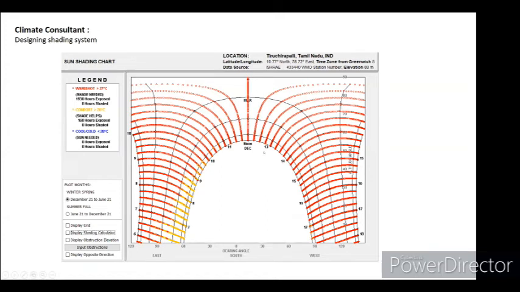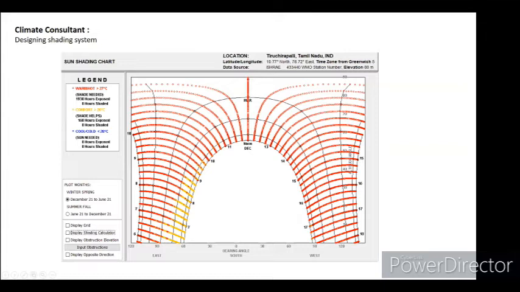Let me put it the other way. So this is January, Feb, March, April, May, and June, and then it comes back July, August, September, October, November, December. So the sun almost comes to the same position twice in a year. As you can see, this portion is yellow. Why do you think this is the comfortable zone? It's because it's during December and January, especially in the morning from 7 till 9:30 or 10ish. So this part of the sun is really comfortable.